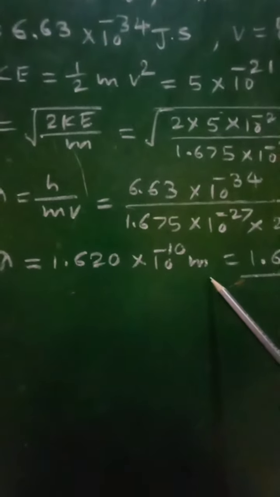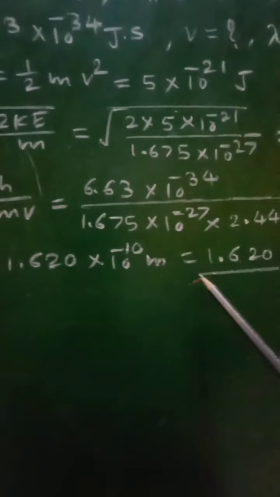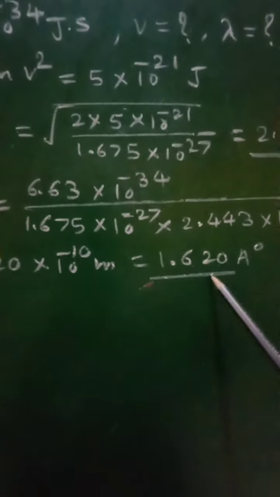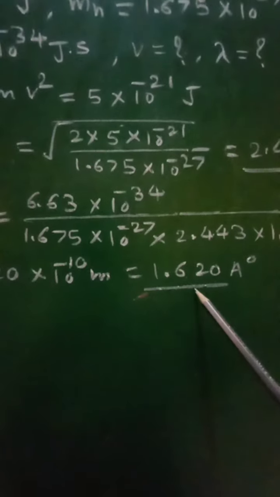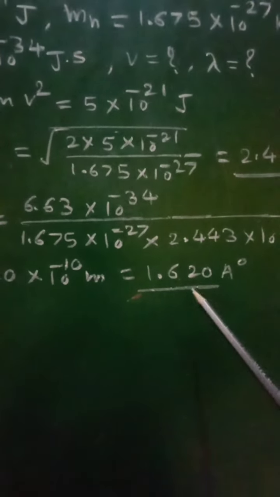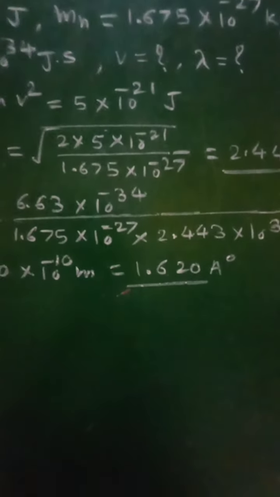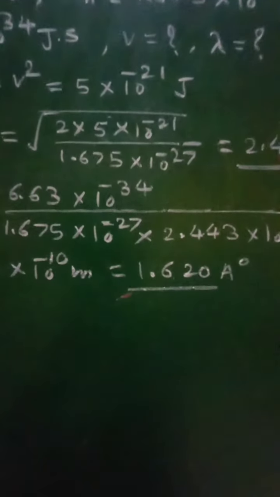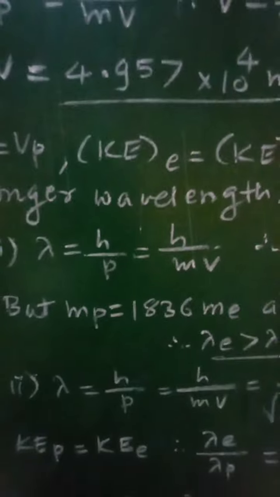1.620 into 10 raised to minus 10 meter, which is nothing but 1.620 angstrom unit, which is the required wavelength. And then we will go for next numerical, that is numerical number 18,